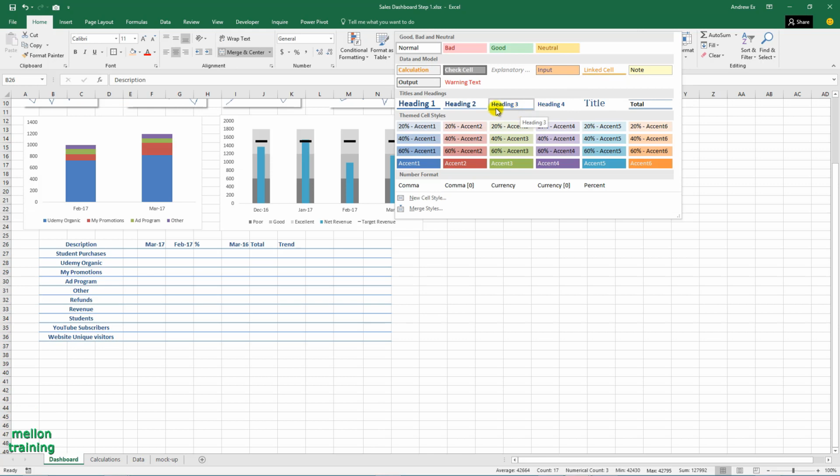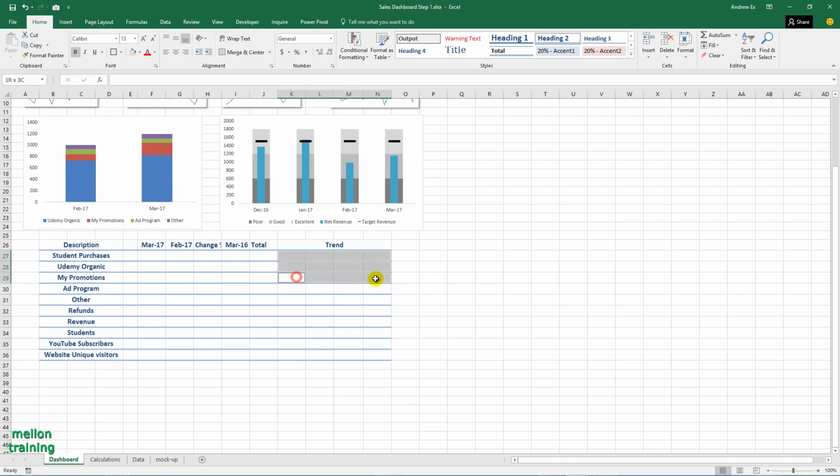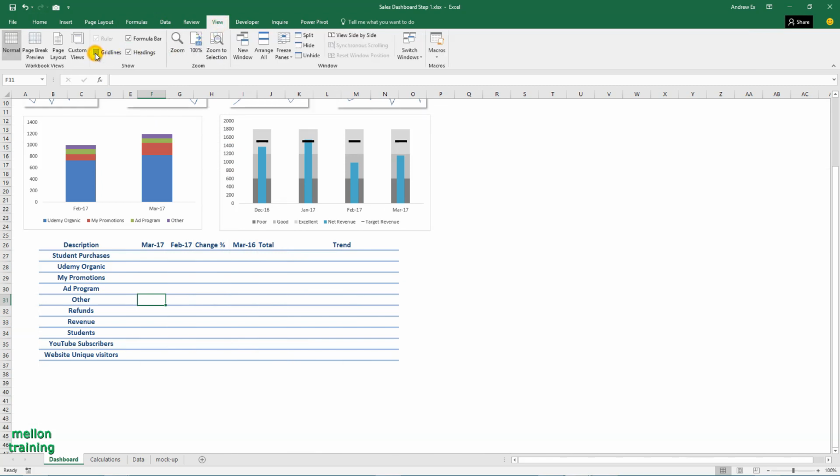If you want, you can add a style from Home tab. Remove the grid lines from View tab and adjust the width of the rows.